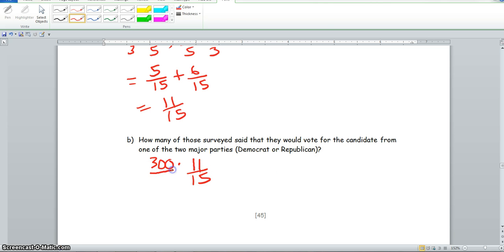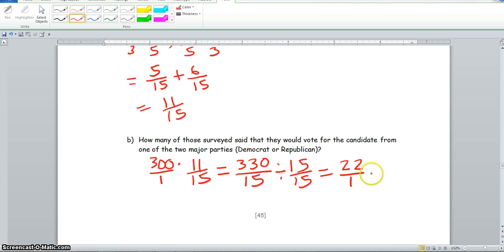So we would take 300 and multiply by the fraction we got in A, because that was the fraction of the people that will vote Democrat or Republican. So to multiply this out, we'll put 300 over 1. So 300 times 11 is 330, and 1 times 15 is 15. Now, both of these have 15 in common. 15 divided by 15 is 1, and 330 divided by 15 is 22. So 22 over 1,